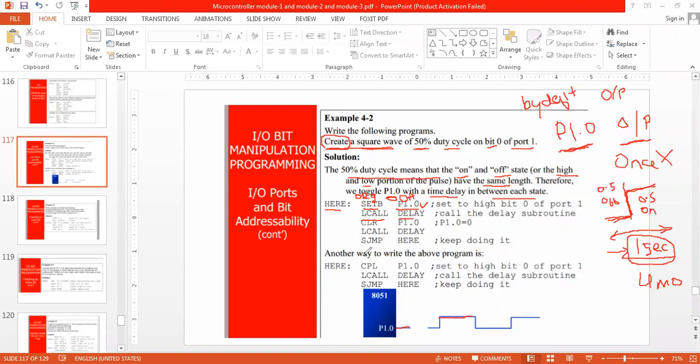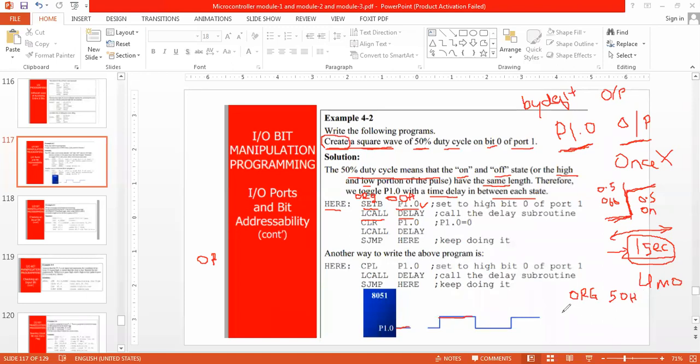Now where is the delay program? I have written a separate program for the delay. I will write it here: ORG 20H. Say, I will not take it as 20H, I will make it 50H. ORG 50H.